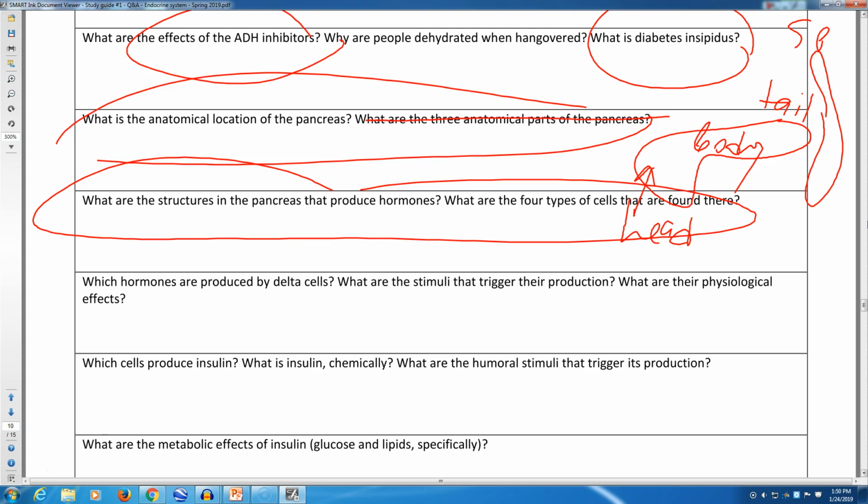So, delta cells, you've got somatostatin. For beta cells, you've got insulin,